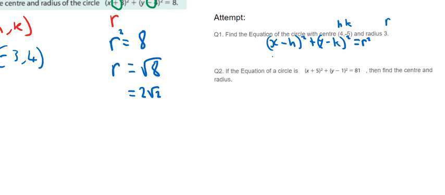So I'm doing x minus h, and h here is positive 4, so it's just x minus positive 4, so x minus 4 squared plus y minus, and then I must do the minus whatever k is, but k here is a minus 5, so I have to do y minus minus 5, because I'm putting a minus 5 in directly in for that k, so it's y minus minus 5